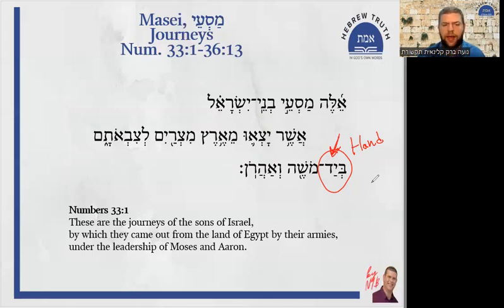It can be the side, the side of a way. Al yad something. And using body parts as prepositions is quite common. We have that in English. The foothill. It's not that the hill is a foot, but we use body parts as prepositions. So yad can be the side of something.